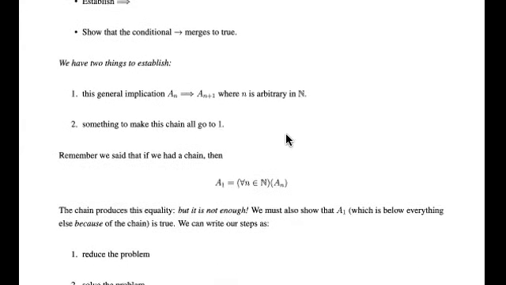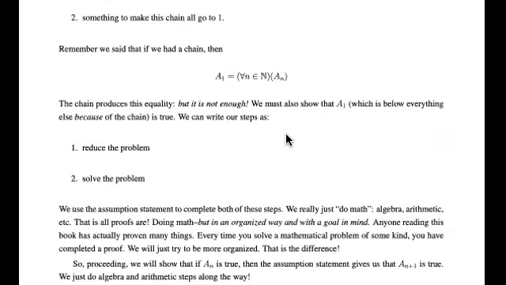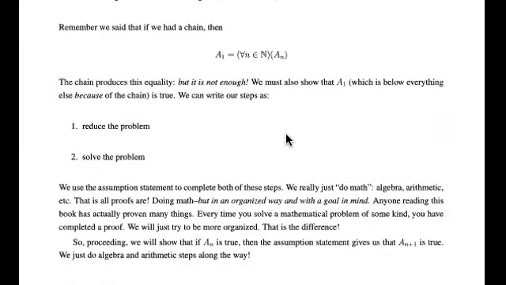Okay, so here we go. In this example, we're trying to show that a whole lot of propositions are true. They're all indexed at the same time by the natural counting numbers. The idea is to reduce the problem. Reducing the problem, how? By establishing the chain. Because when you establish the chain,